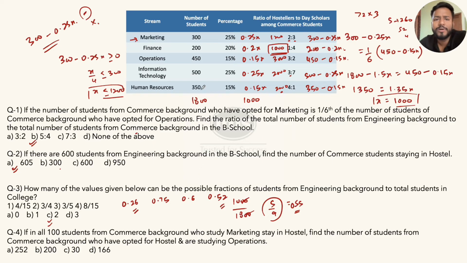Now कॉमर्स मार्केटिंग, सो लेट्स गो टू मार्केटिंग। मार्केटिंग में जो आपका रेशो था हॉस्टलर एंड डे स्कॉलर का कितना था? 2:3। तो कहीं ना कहीं मैं सिंपली यही तो कह रहा हूँ कि कॉमर्स मार्केटिंग हॉस्टल, ये जो 2 नंबर है हमारे लिए रेशो में, यही आपका इस 100 को रिप्रेजेंट कर रहा है। दैट मीन्स अगर मैं कह रहा हूँ कि 2:3 में ये 2 आपका 100 है, दैट सिंपली मीन्स कि 50 टाइम्स हुआ तो ये भी 50 टाइम्स करके कितना आ जाएगा? 150। दैट मीन्स मार्केटिंग में जो टोटल आपके कॉमर्स वाले स्टूडेंट हो जाएंगे वो इन दोनों का सम हो जाएगा, दैट इज 250।